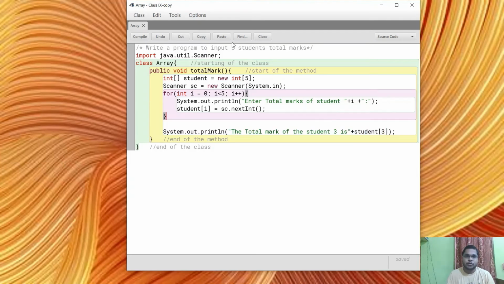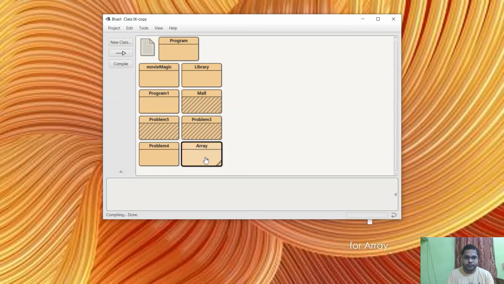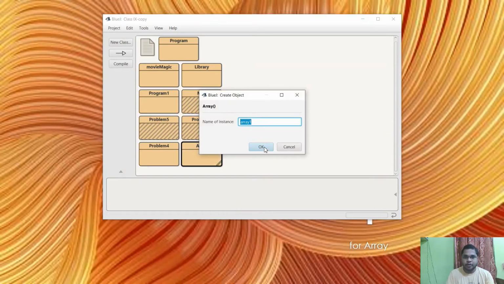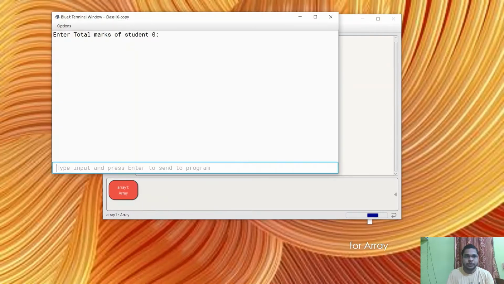So let's compile the program. Student 3, student 4, compile it. Now let's run the program. This is my array, create an object of your array, now call the total method. Here, enter the total marks of student 0. Zero, why? Because we start the index number at 0, so let's take student 0 as 543. Then what is the total for student 1?